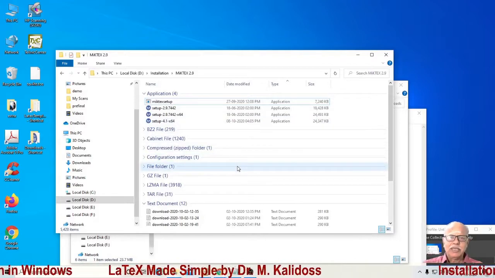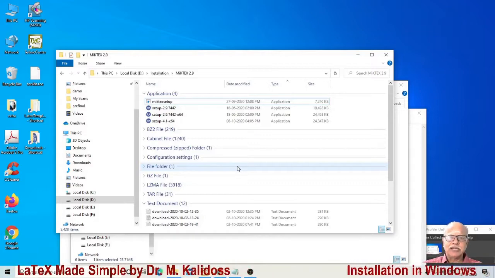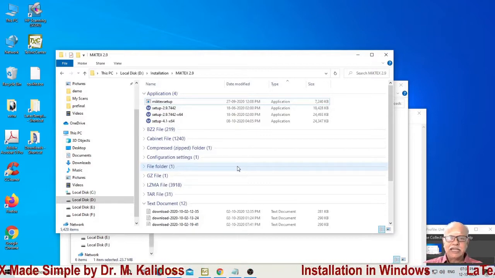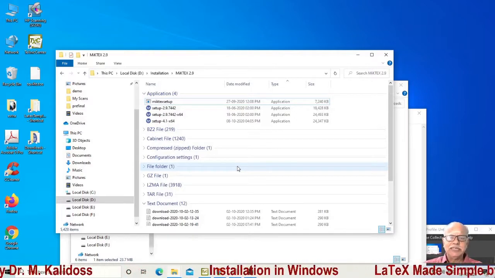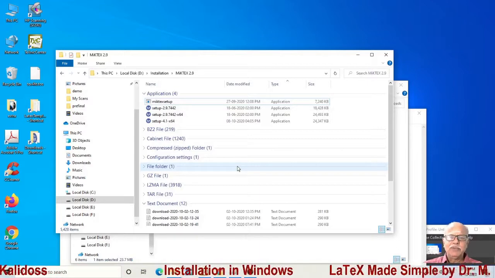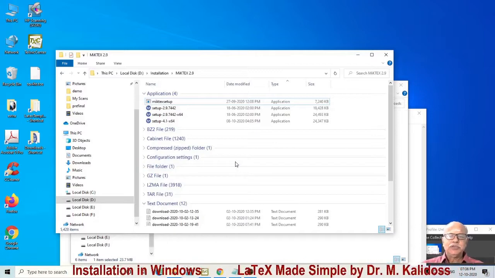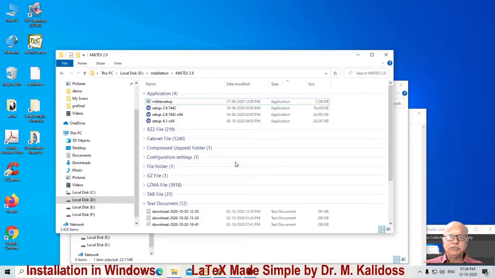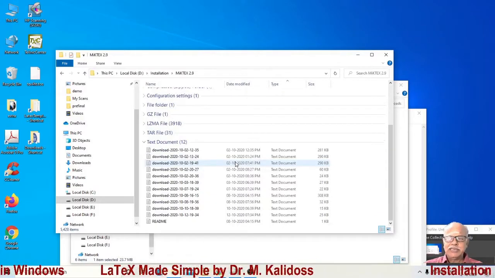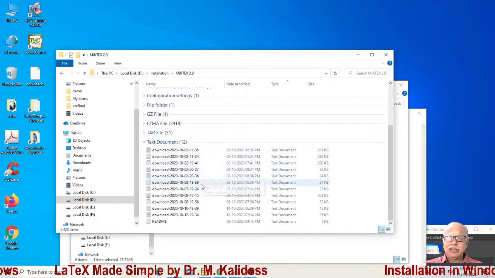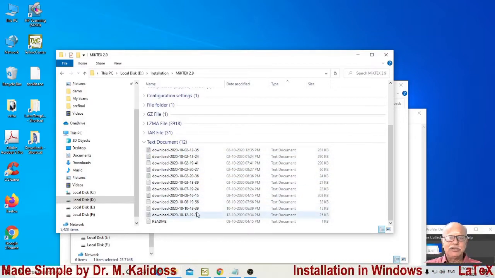Answer is no. Net installer compares files available in the remote server and the files available in the directory of your computer. Only those files which are missing in your directory will be downloaded now. What I mean to say is, you can stop and resume this net installer a number of times. You can see in this folder I have got a number of download files. I have made so many attempts to download.